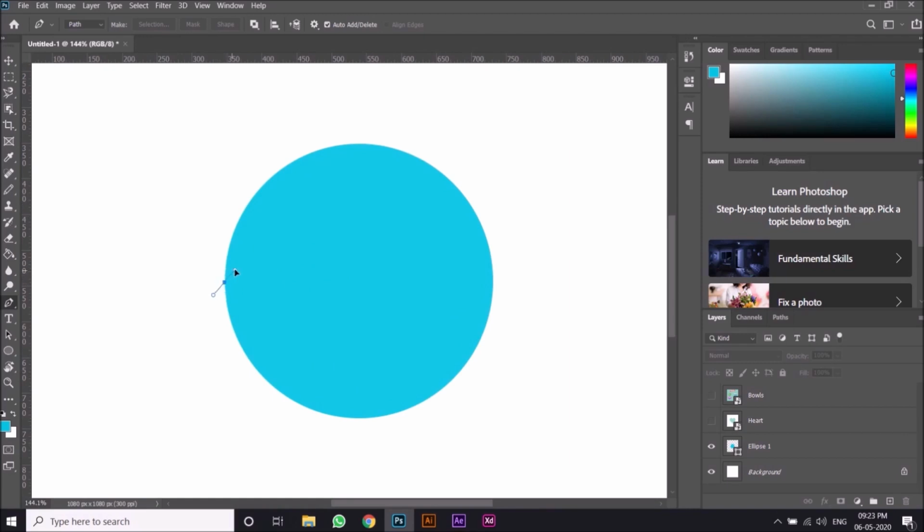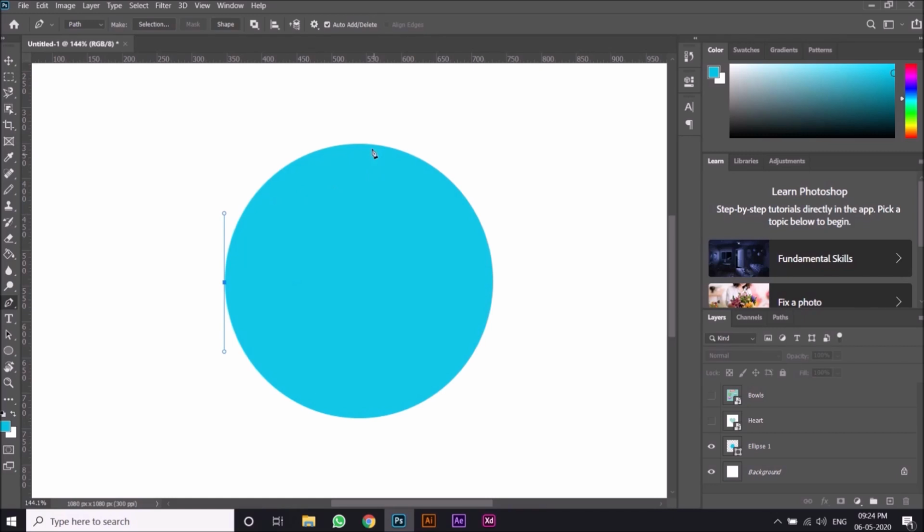And if you want to make this proper, as you can see, it just bends away in any direction it wants. But if you want it just in a straight line, you can press Shift on your keyboard, and you can see it doesn't bend on other sides, but it bends only in particular angles, that is, this is 90 degrees, 45, 0, or 180, and so on. This is how you make use of Shift and then extend or increase the intensity of the curve which you are making using the pen tool.